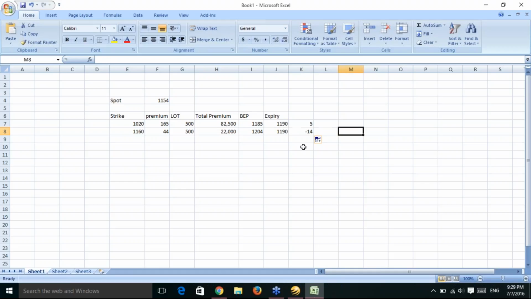So in that situation, how much will you be getting? Let's check. I calculated the other way. Pay attention. I purchased an Infosys contract at 1160, and on expiry,